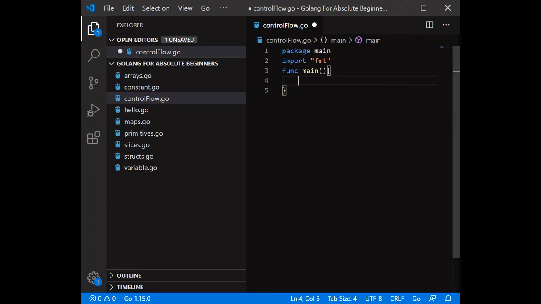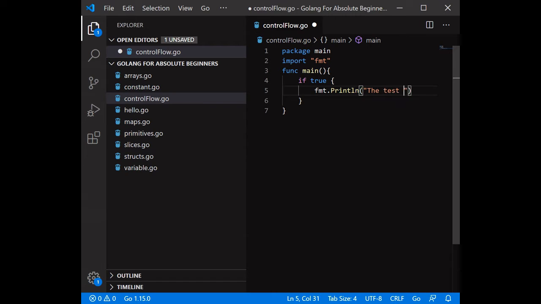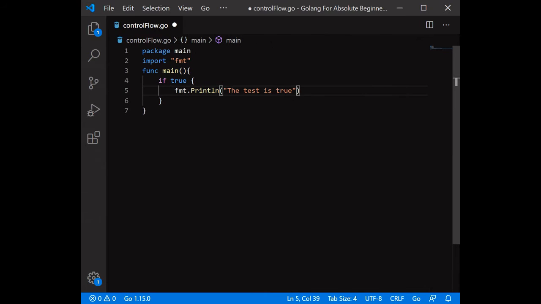If something is true, print something on the console. So if something is true, fmt.Println the test is true. If the test is true, this will print out to the console: the test is true.